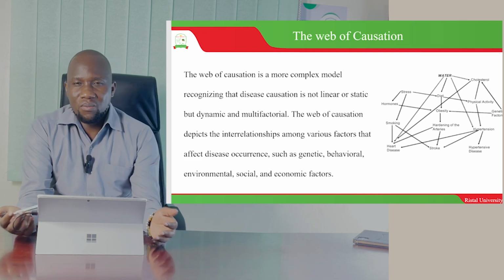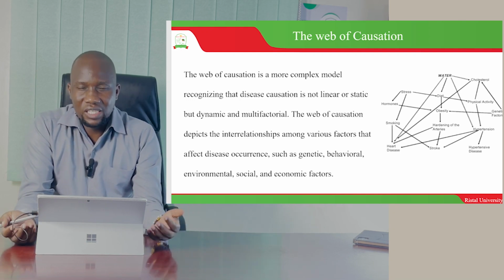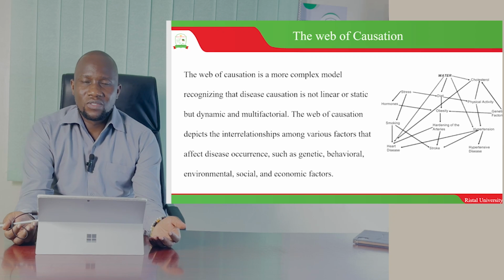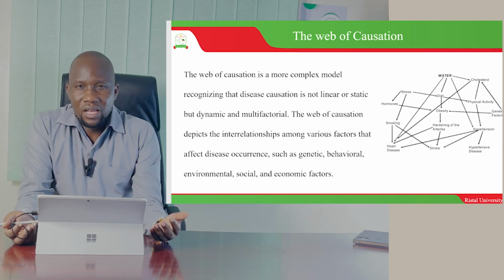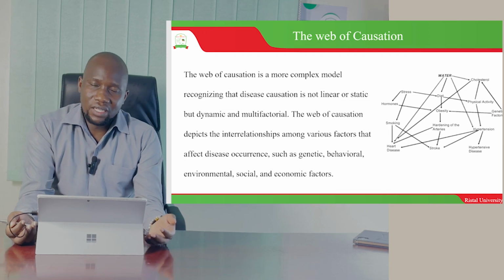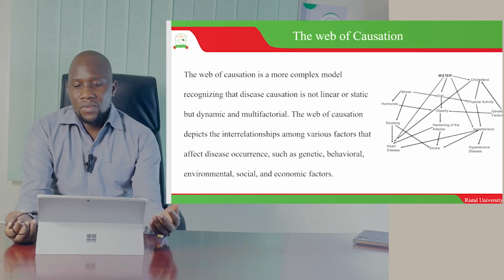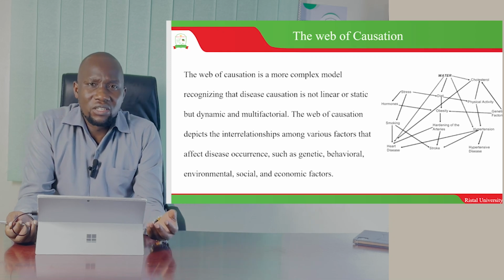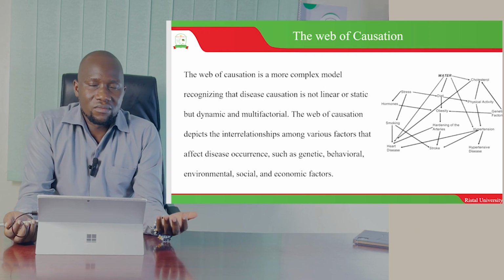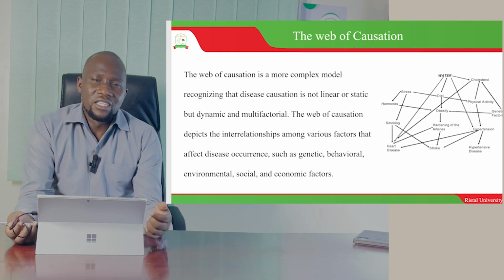Okay, so for example, someone is not having a genetic predisposition to a particular condition, someone is active or is living an active lifestyle, or whether the health system is actually very efficient, and that